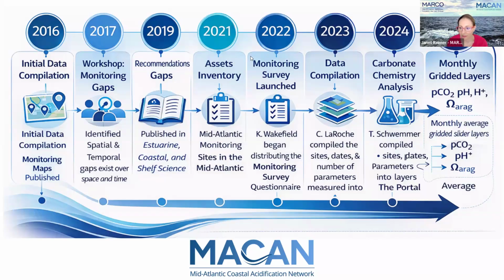So I said I was going to tell you a little bit about the aragonite saturation state. This aragonite saturation is a variable that we can calculate from any combination of the four different carbonate chemistry variables. And it's an indicator that tells us how likely shell is to form or not form in a region based on the acidification level, or in some cases, basification, but we are not the Mid-Atlantic basification network. We're just the acidification network. So we're not going to talk about alkalinity and basification today.